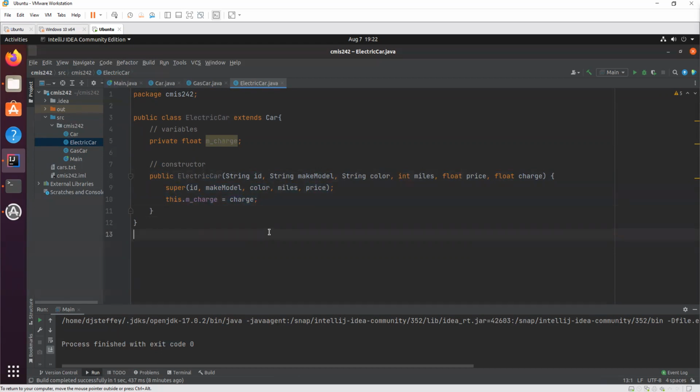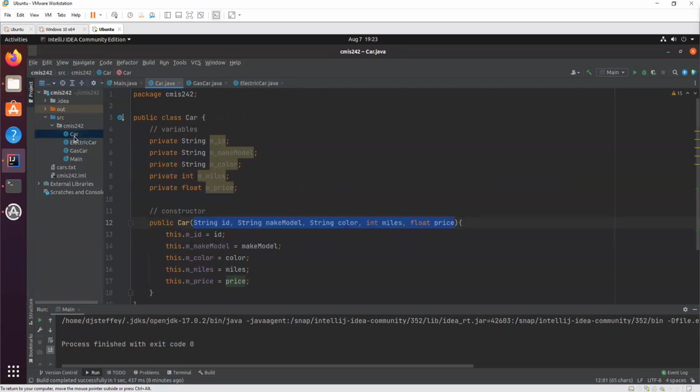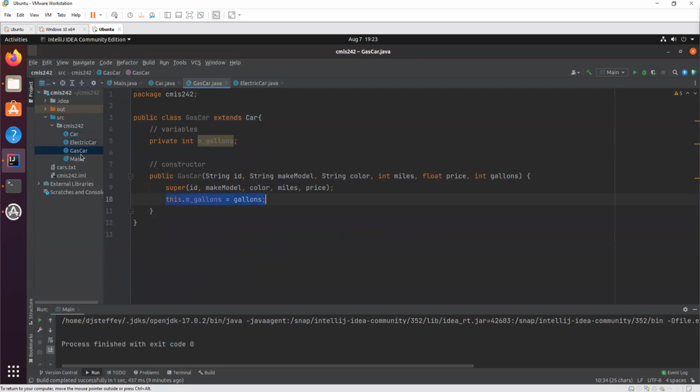And that's all there is to the class hierarchy as far as our cars go. Now, we probably will be implementing more methods, but right now we don't know what the additional methods are that it needs, right? It could have a bunch of different methods, but so far we don't know what those methods need to be. So right now we're going to leave it as is. And once we get to a point that we identify it needs additional methods, we'll make those methods at that time. All right, so that's our car base class and our electric car and gas car subclasses.